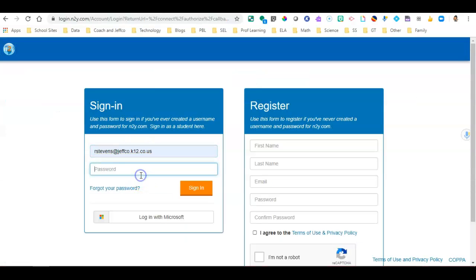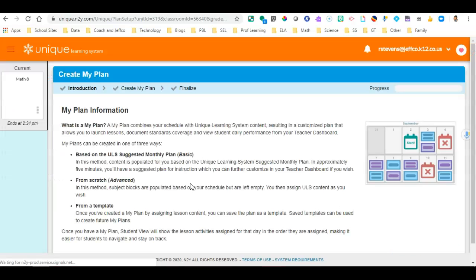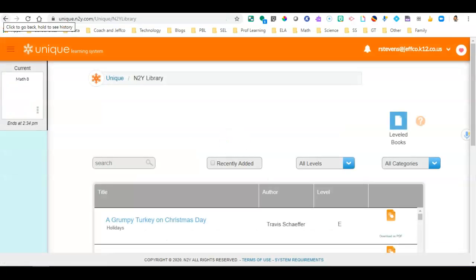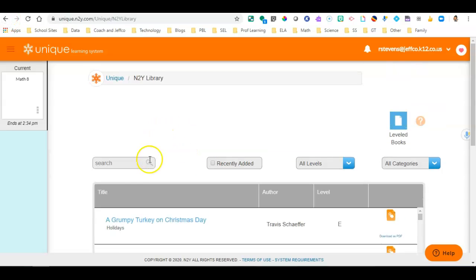Another resource I know that you are familiar with is the Unique or News to You site. And so Rachel shared the login for that. And so I like to look here. I like to look in 2 different places. So under the N2Y library, there are lots of books. And so using that search,